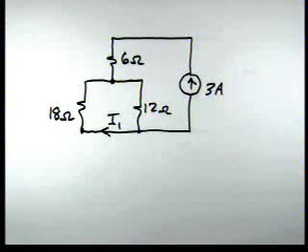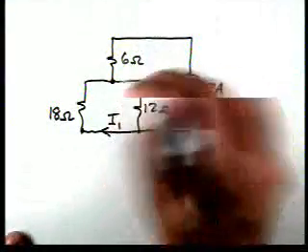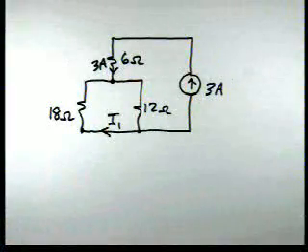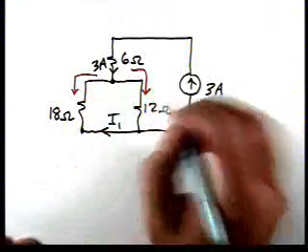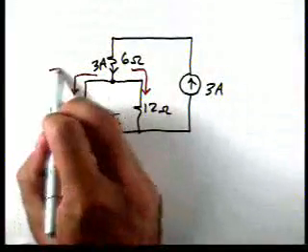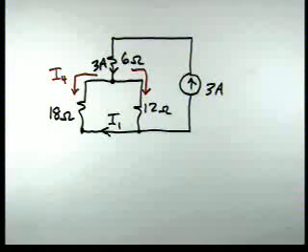Now, if we continued on with our problem solving strategy, it would say determine the voltage for the current source. So we could do that. However, to speed the solution up, let's look. We have 3 amps entering that node, and then that 3 amps is going to split in those 2 paths. And let's calculate this current that I'm going to call I4. I'm not going to worry about I1 yet. So by current division,